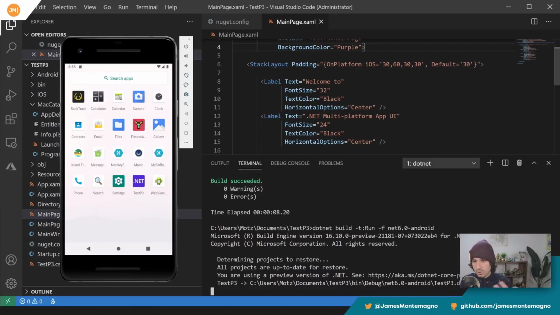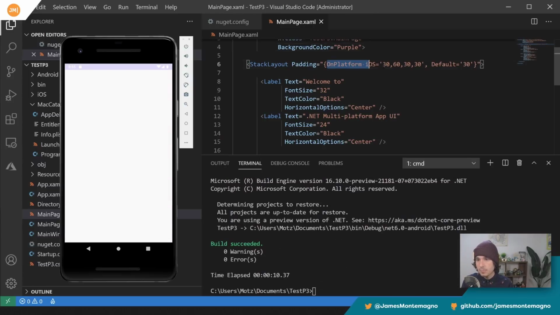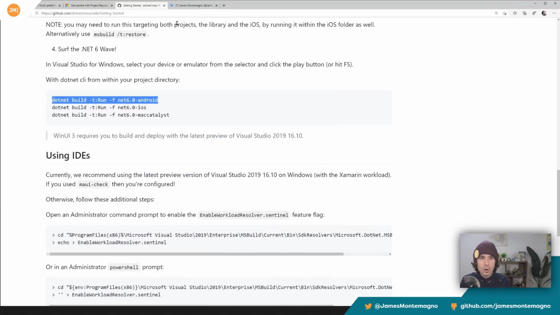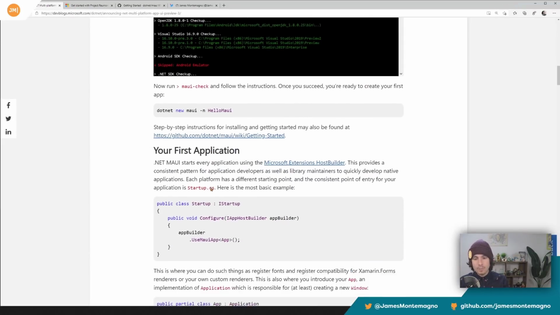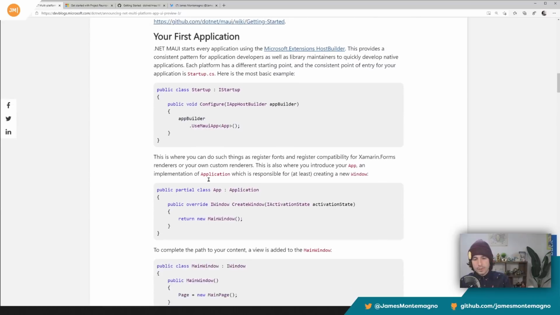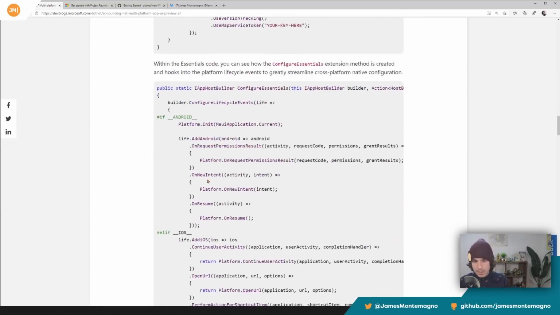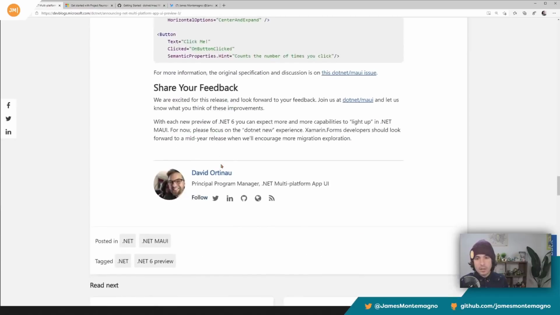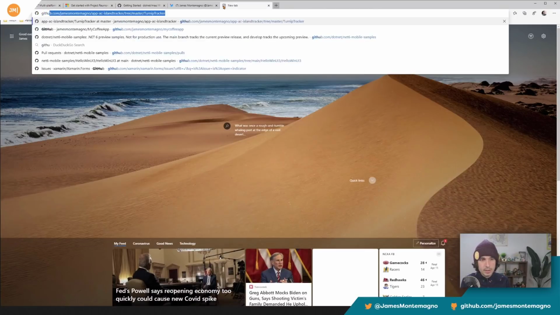But you have all of your different controls. We can actually see on platform here, which is kind of cool. We can see things there, and look at that. Now we got this big purple application, which is quite nice. Now, there's quite a lot more that is going on inside of this announcement post. They talked about all the different first applications, the lifecycle events, everything inside of here. But they also talked about some of the new enhancements going on at